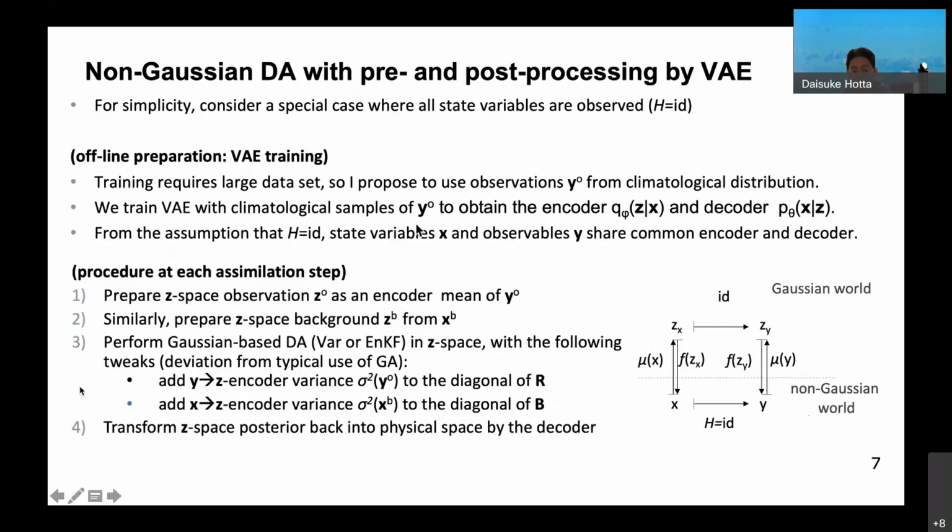So here's a more specific procedure of the proposed method. For now, just for simplicity, we consider a special case where all state variables are observed. Before doing data assimilation, we need to train the VAE, and training VAE requires large data sets. So just like regular Gaussian anamorphosis, I propose to use climatological distribution to train VAE. And then by training VAE, we can obtain the encoder and decoder